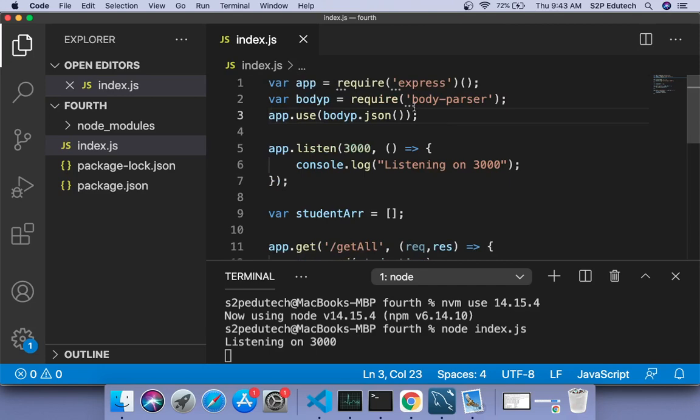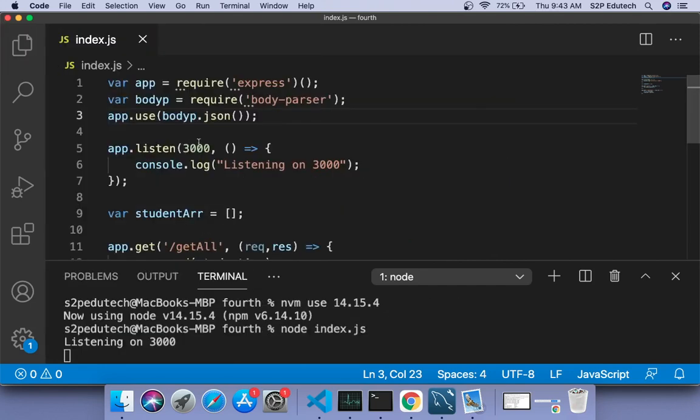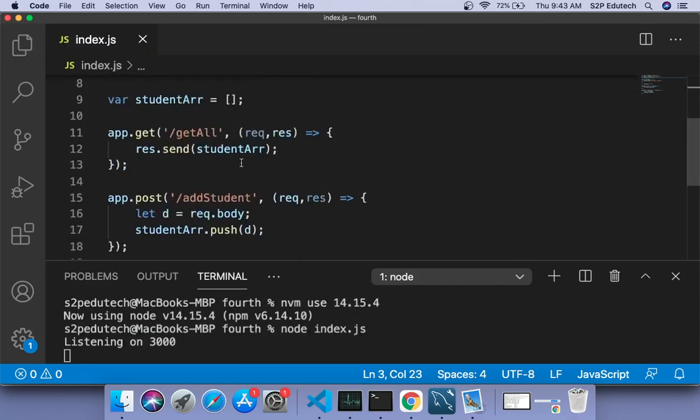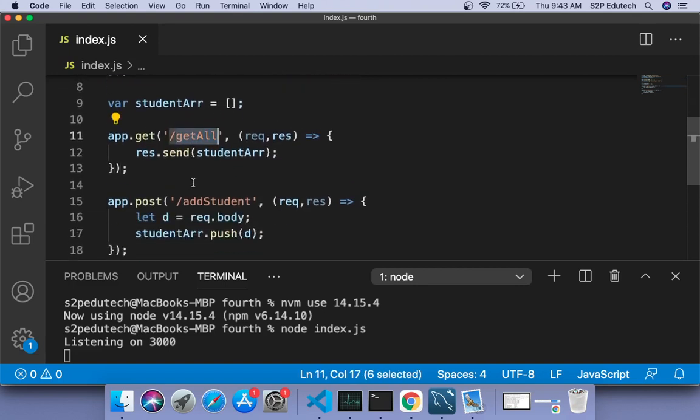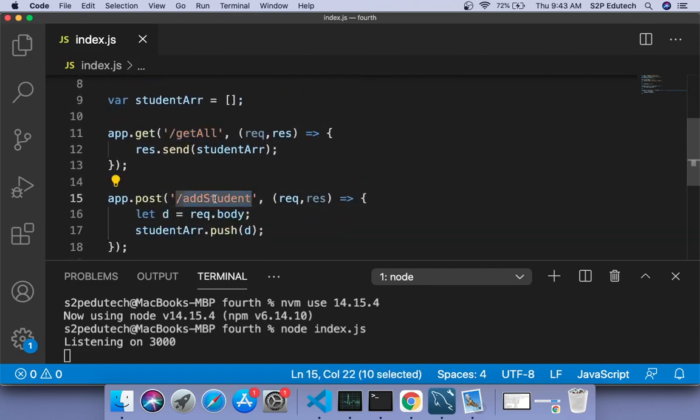So this would complete our basic CRUD operation. CRUD operation means to add a new student and to display all the students, right? We have these two functionalities, and both are against different paths. This is a post request, and in this post request we would need some body, that is some data which would be sent via Postman.